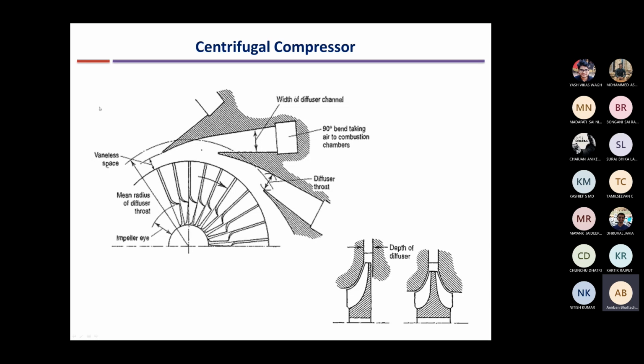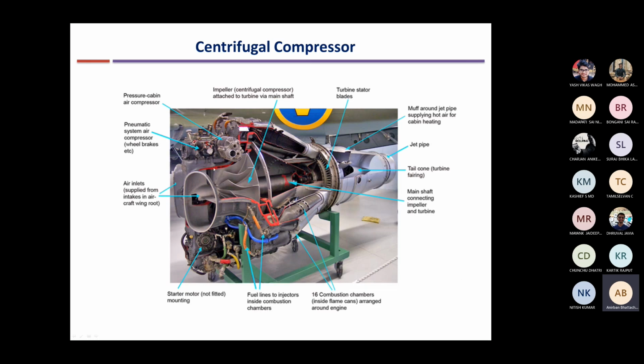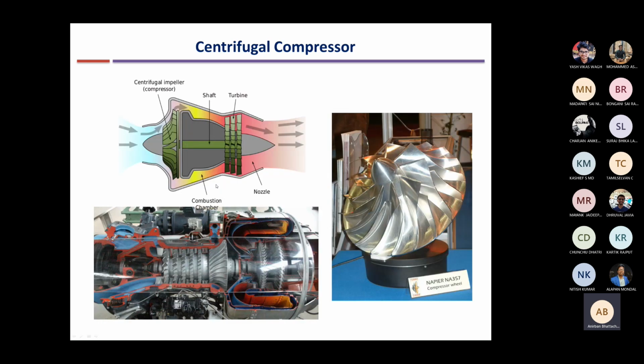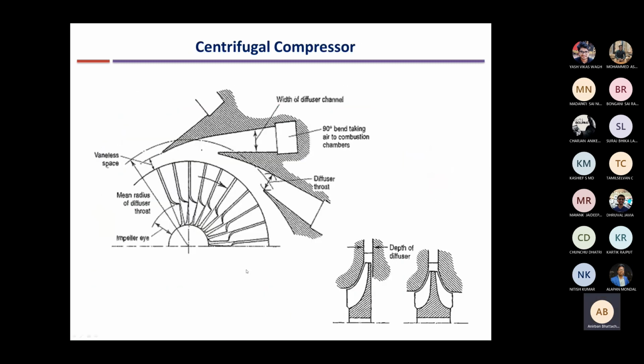So this schematic diagram shows you the view, say from the axial direction. So we are looking from the axial direction. Okay. And the schematic diagram is along the plane of the radial plane. Okay. So it is along the radial plane. So again, if we take a section, if we look from this plane, along the axial direction from the side of the axial compressor, you will see this view.